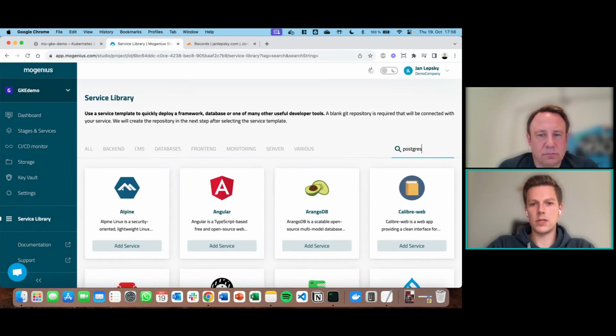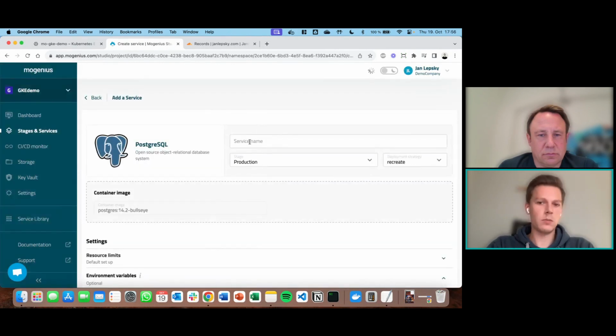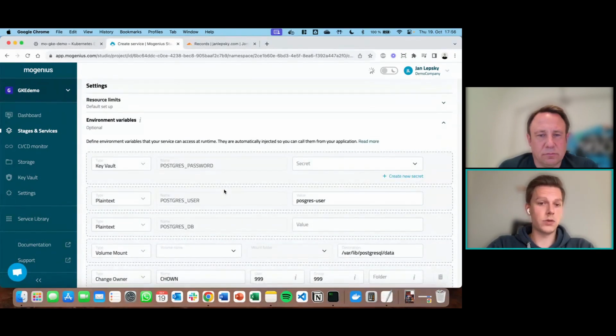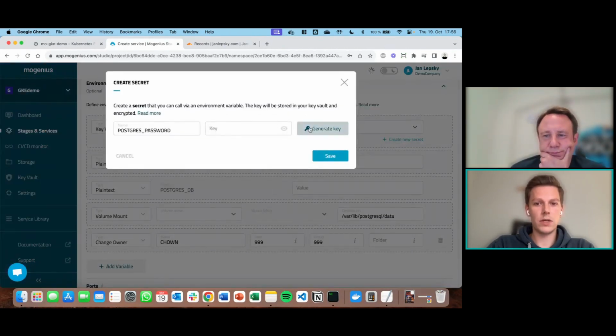Now we can use this, for example, to deploy a test database. So let's say we want to test around with a Postgres database. We can deploy one as a container. It's not managed. It's just for testing on the cluster. But we'll see that the template in this case is extremely powerful, and the storage as well. The only thing we need to do here is fill in some environment variables. We can use the built-in key vault to do that.